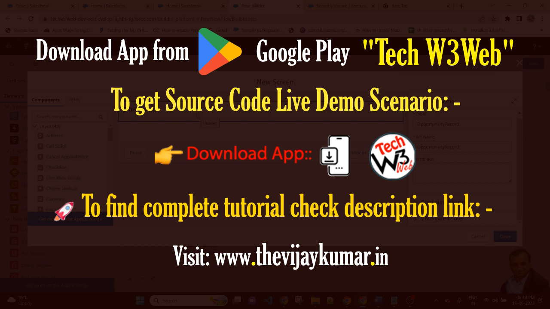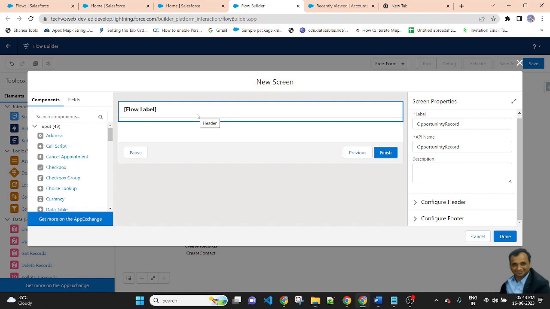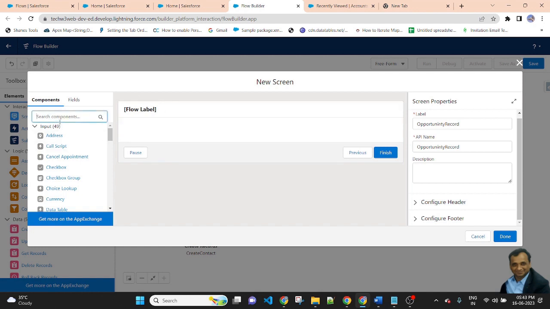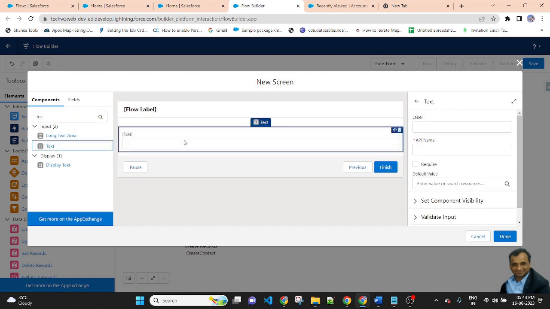As you know, if you are creating a record of opportunity, there are three mandatory fields: name, close date, and stage name. Name is a string type, so I will select text. Name is also required.